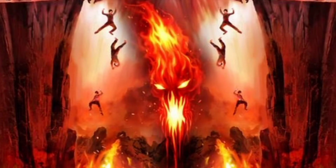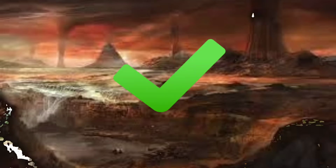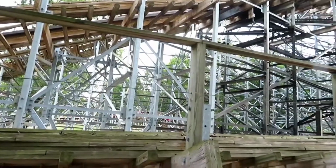The underworld, something that many people believe in. Filled with lava, fire, and red all around. Some people really hate the idea of it, others love it. But we can all agree that it did spawn a pretty badass coaster, even though this ride has no theming